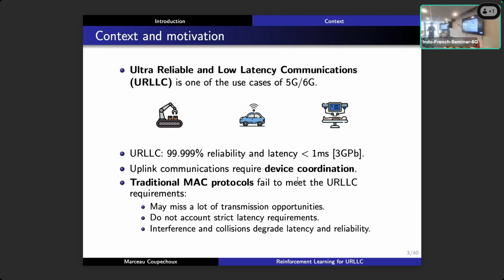So the traditional MAC protocols usually fail to meet the URLLC requirements. They may miss a lot of transmission opportunities because it is uplink. You don't take into account the strict latency constraints, and as soon as you have slotted-based techniques, you have